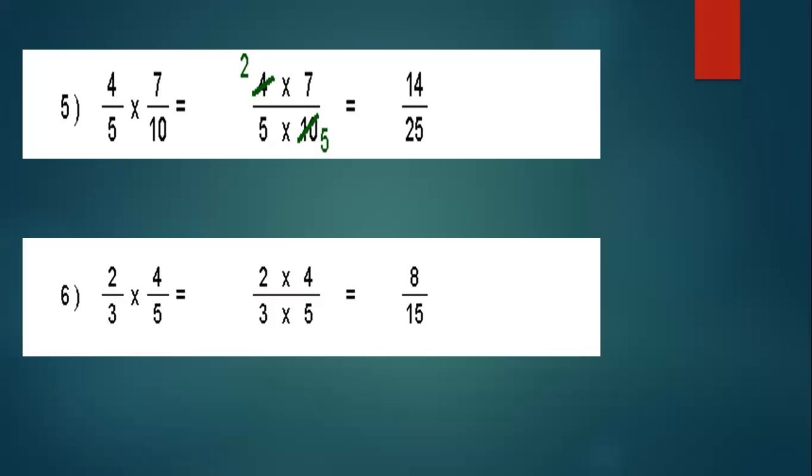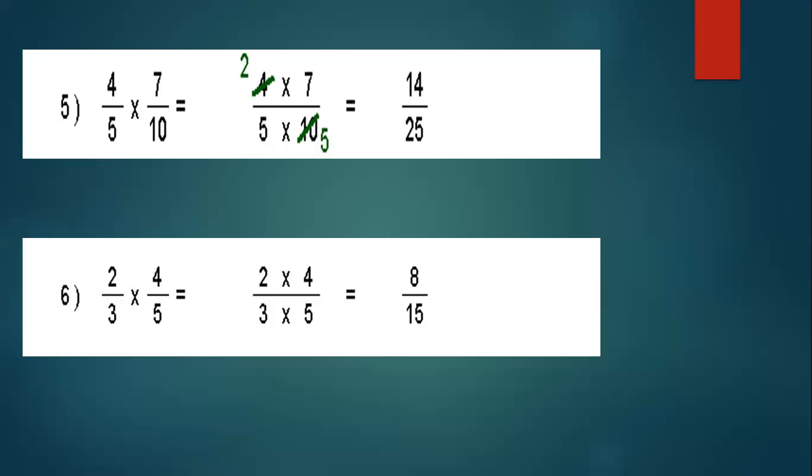We can see 2 doesn't cancel out with 3 or 5. 4 doesn't cancel out with 3 and 5. So we can't cancel out basically anything. To the ones having a doubt that, ma'am, cancel out 2 and 4. No, you can't, because they both are on the same side. They are on the numerators.